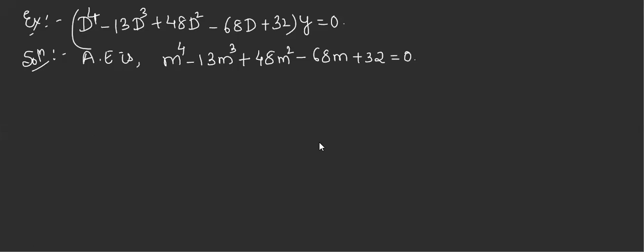How to get the first root? Start with a simple number. Take m equal to 1. Just check whether it is satisfying. Replace all the m's by 1. Sit with the calculator henceforth. It is very useful. Just check if you put m equal to 1, is it satisfying? Yes. Take the correct values. There should not be a mistake in plus and minus also. m equal to 1 is a root by inspection.